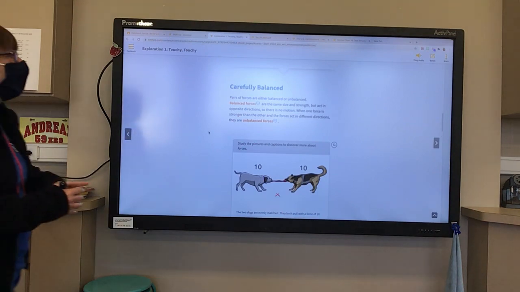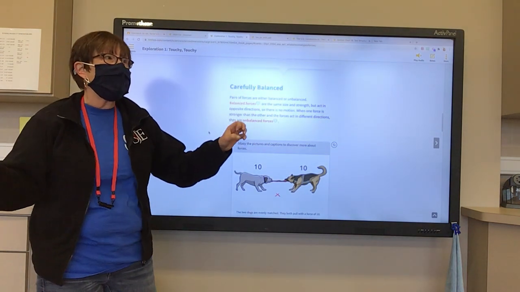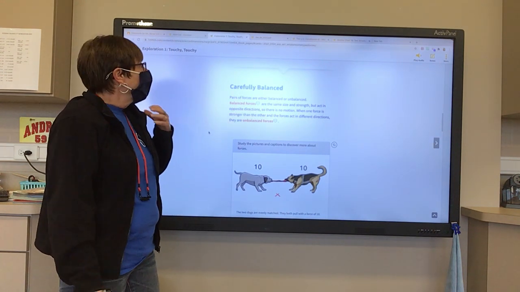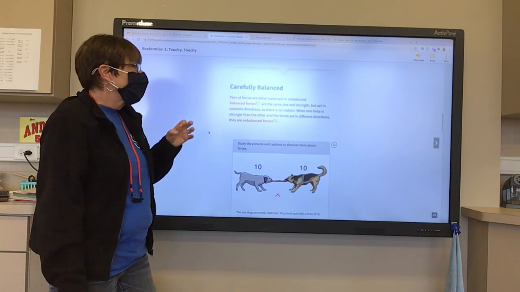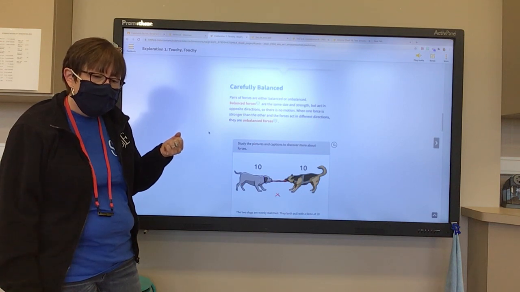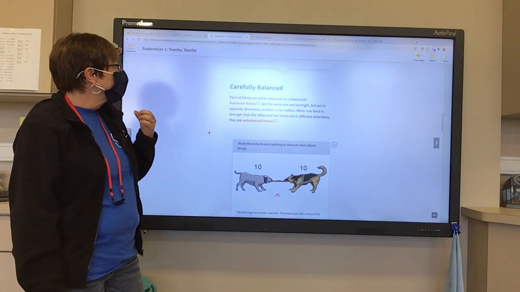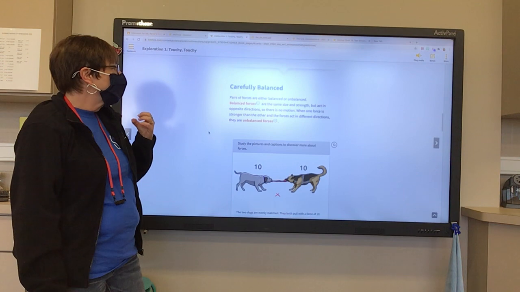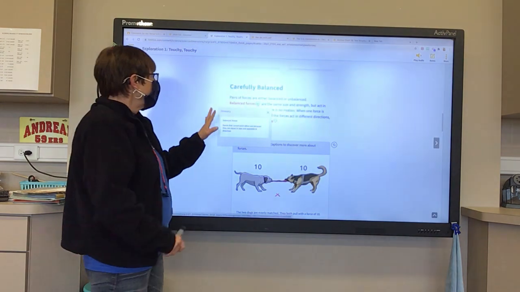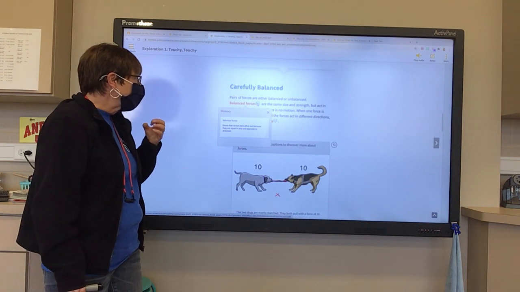Now we're on carefully balanced. Now pairs of forces are either balanced or unbalanced. You have experienced this in life. Balanced forces are the same size and strength, but act in opposite directions, so there is no motion. And you're thinking, well, what does that mean? We can tell by looking at those dogs. When one force is stronger than the other and the forces act in different directions, they are unbalanced forces. Balanced forces, boys and girls, are forces that cancel each other out because they are equal in size and opposite in